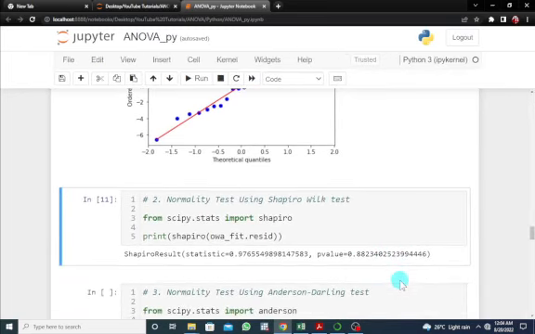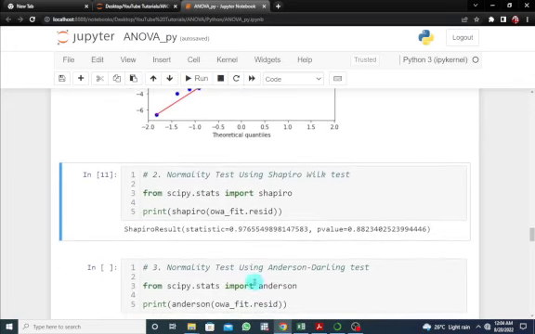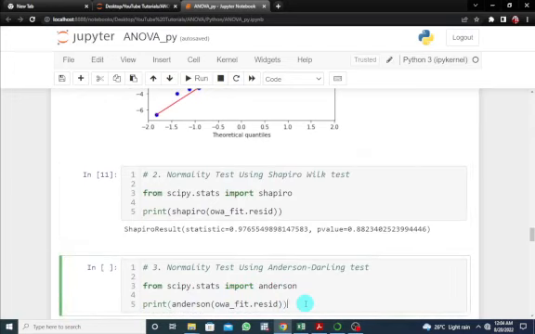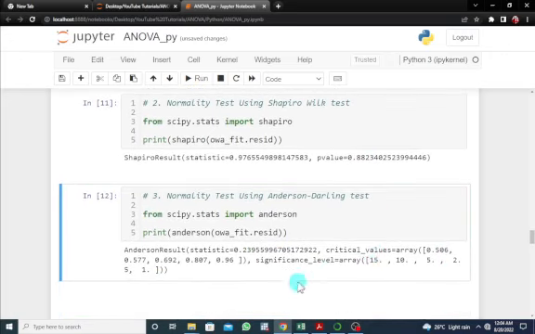We can also make use of the Anderson-Darling test. So from the SciPy stats, we want to import Anderson. I want to also check for the normality using the Anderson-Darling test. Let's run this to see the result. Control Enter. So in here, we are going to make use of the test statistic and compare that to the